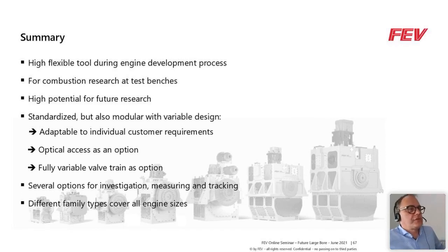The setup of this engine is standardized and also modular with variable design. So it is very easy to adapt these setups of the single cylinder engines to the special requirements of each customer. Like I mentioned, optical access is also an option, as are fully variable valve trains, which we also already have in operation,